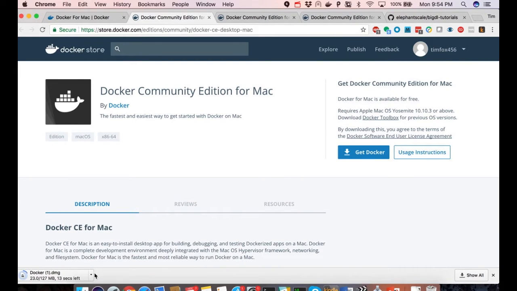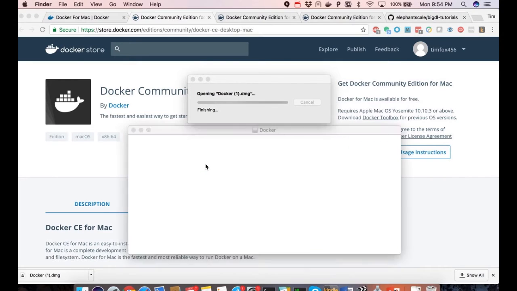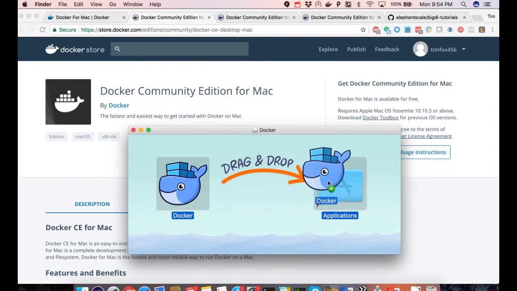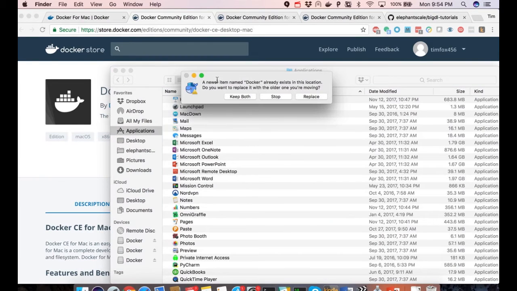Okay, so you see now that Docker is downloading for my platform. This may look a little bit different on Windows or Linux, but nonetheless, we should follow the instructions for installing the Docker application. All right, great.